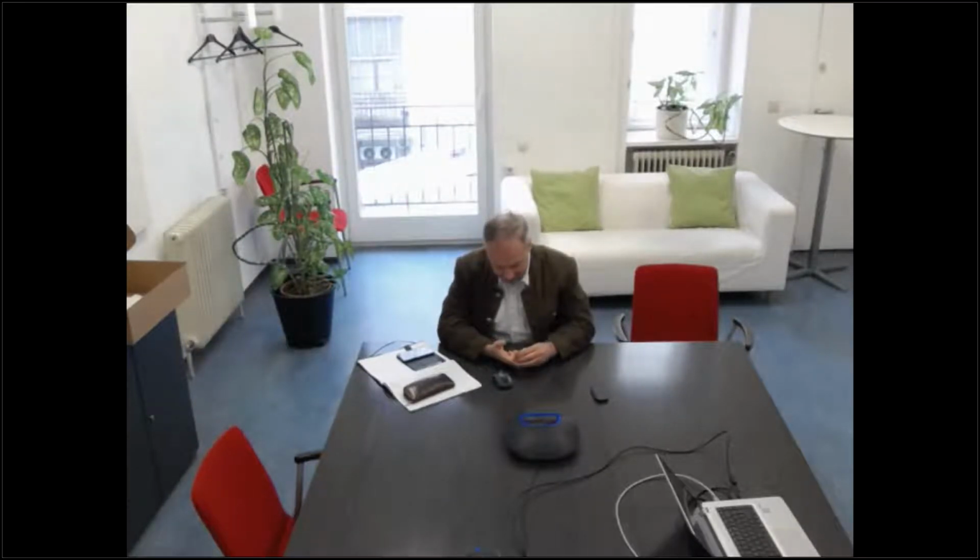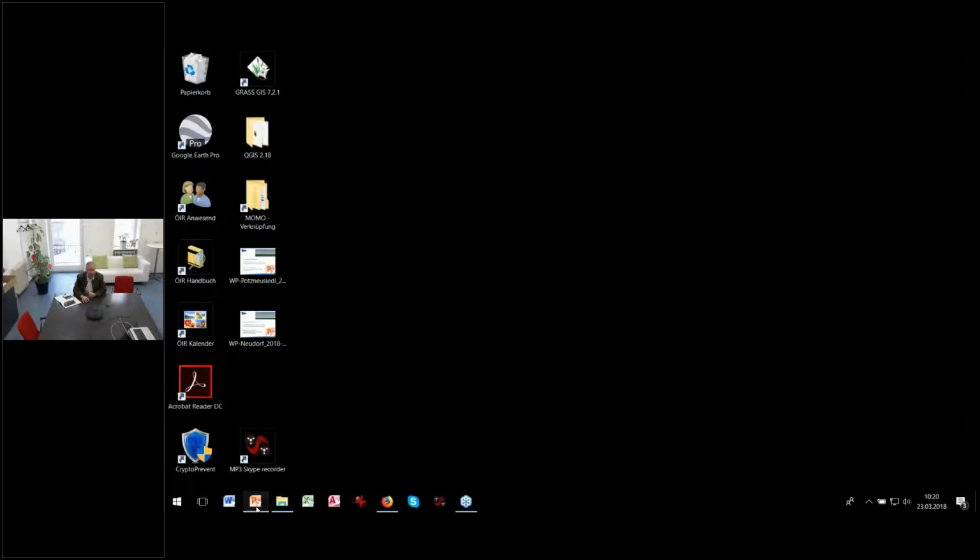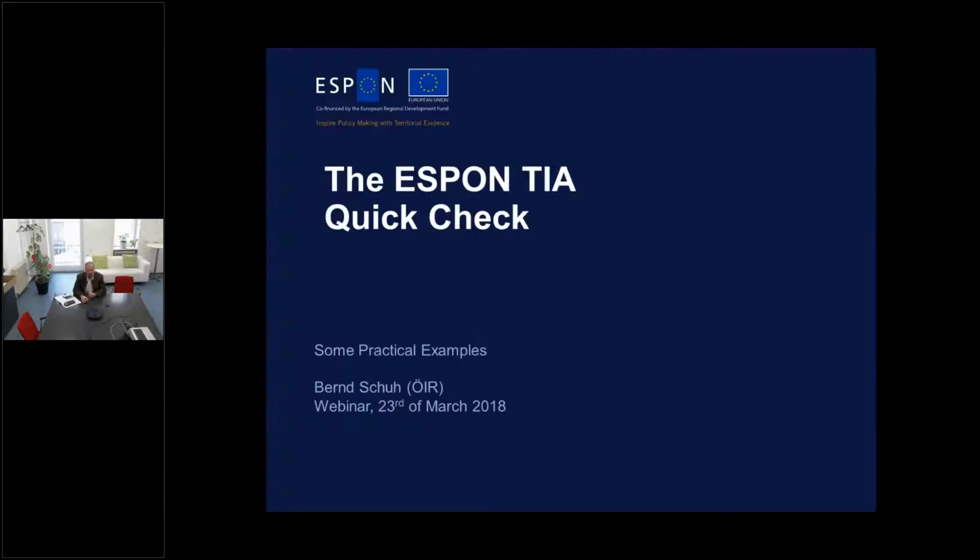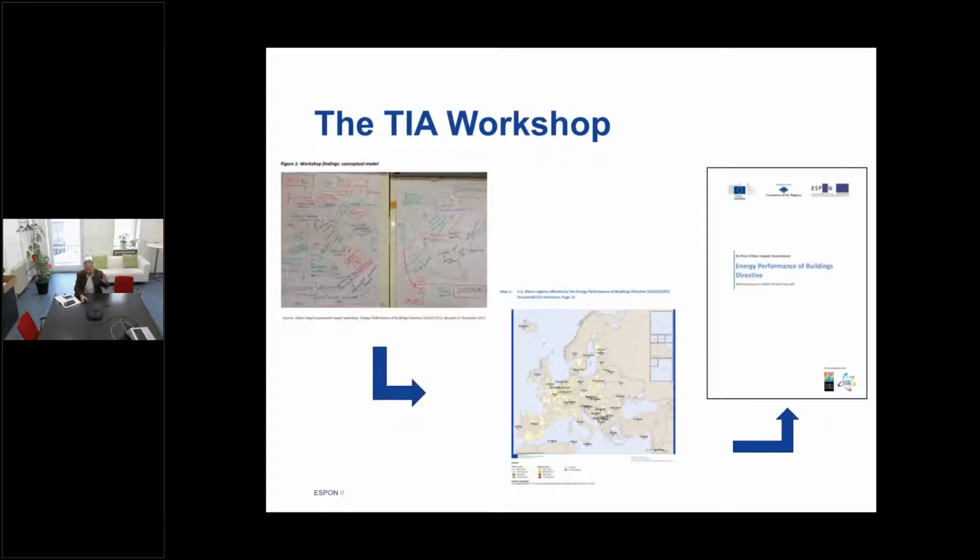Today we are actually, as André said, not going to concentrate anymore on the technicalities of the tool and the setup of the tool itself and the method behind it, but I'm going to show you examples of what we did in the past in terms of practical applications of the TIA QuickScan in the environment of legislative proposals and more concretely in the framework of the impact assessment procedures of the Commission itself. So I'm going to go through some examples quickly, and as a reminder from last session,